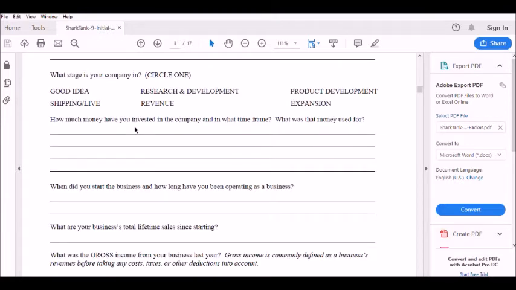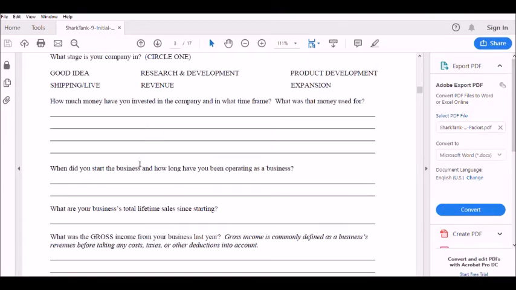I like that a person seeking money for an invention, a company, a small business, a startup, other type of entity, they should have to open up their knickers and talk about how much they spent and what they spent it on. This is also important too. How long has this been as a business, operating a business, filing its own tax returns, has its own bank account, its own EIN, its own separate tax return? How long has it been a business and how long has it been a hobby?